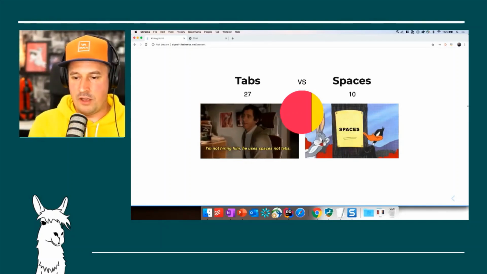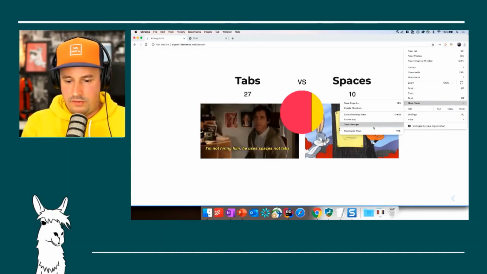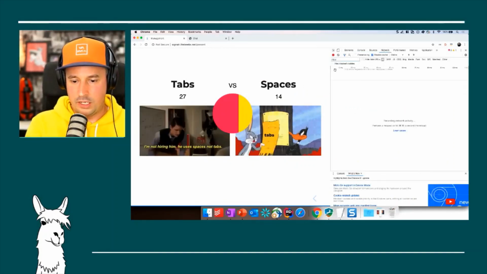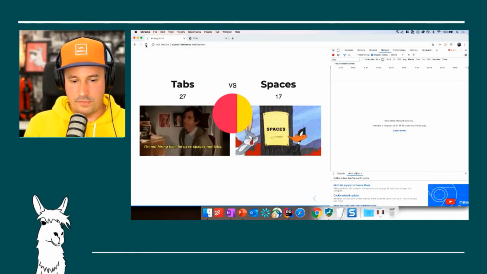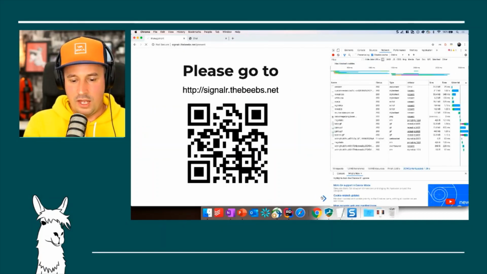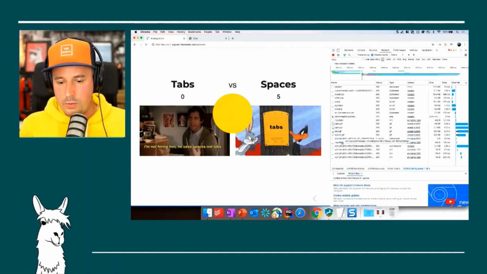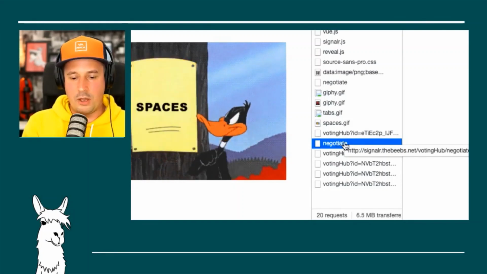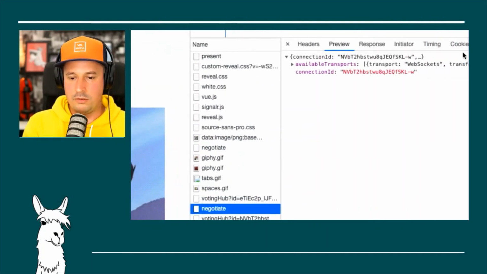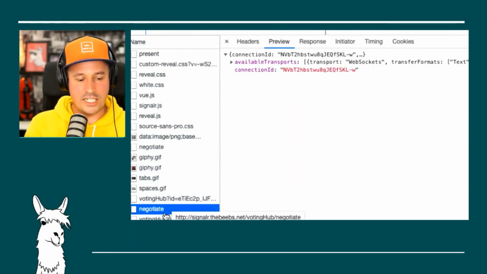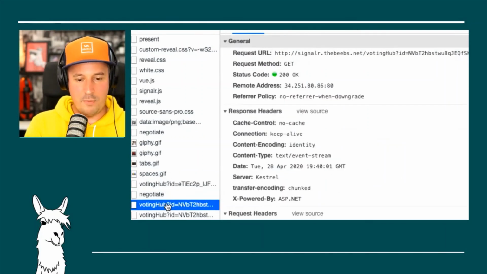So if I just open up a developer tools window, somewhere on the network channel thing, I'm going to have to refresh it actually. So tabs are more popular, by the way, in .NET North, but I'm going to lose some of that because it doesn't cache any of it. There we go. And what we'll see down here is a negotiate request. So this is that negotiate that I talked about, the HTTP request. It gives it a connection ID and says what available transports it's got. And if it's successful, it will set up